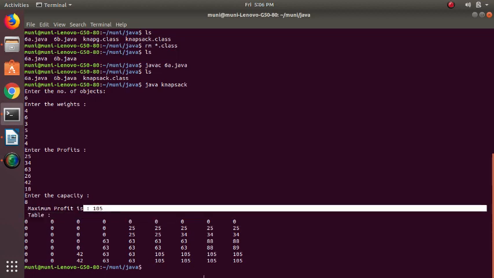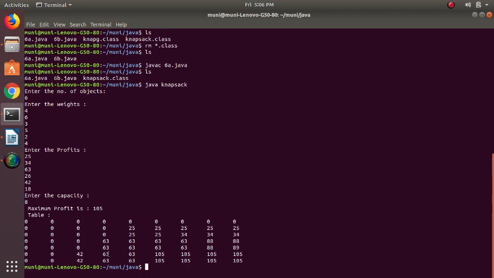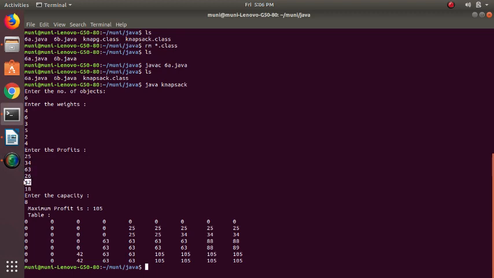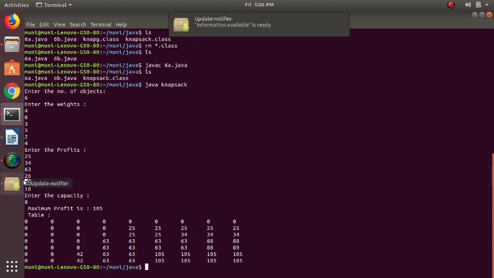So 105 is generated by adding two elements, 63 and 42. They have taken two elements here. I need to take complete elements, so 63 and 42. This is the maximum profit you can get from this problem. So this is how you can execute the 6A program.